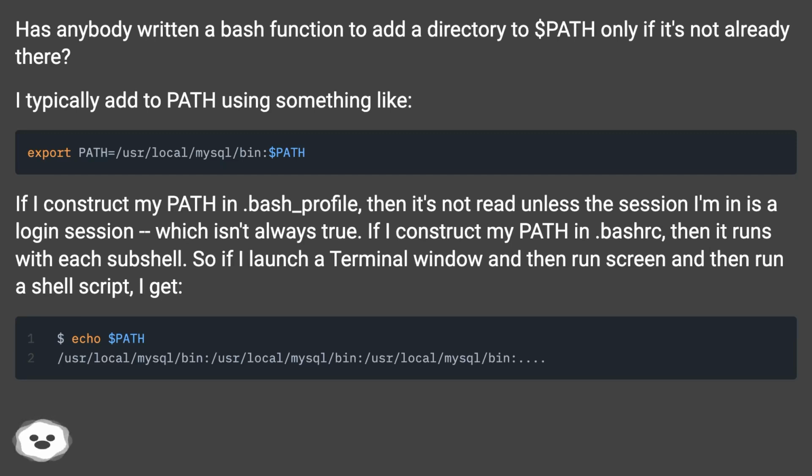if I construct my PATH in .bash_profile, then it's not read unless the session I'm in is a login session, which isn't always true. If I construct my PATH in .bashrc, then it runs with each subshell. So if I launch a terminal window and then run screen and then run a shell script, I get